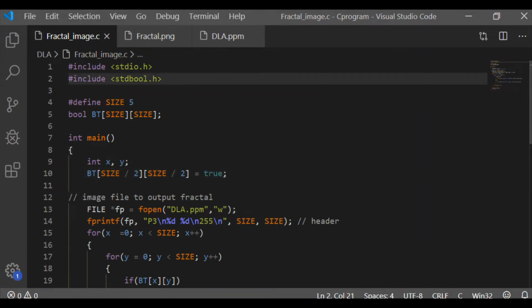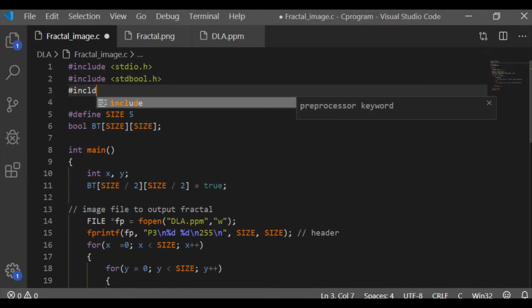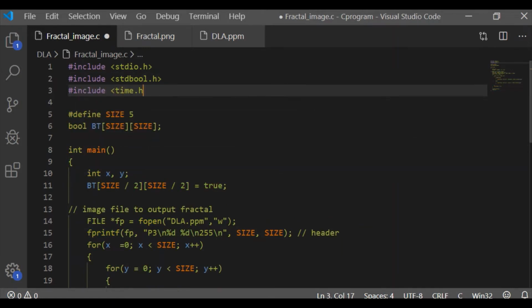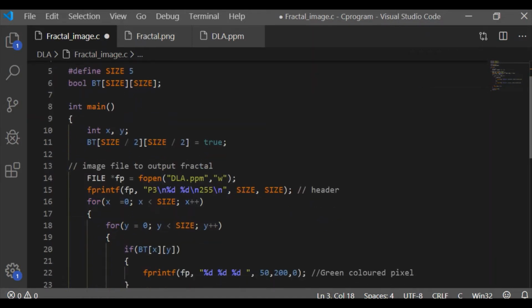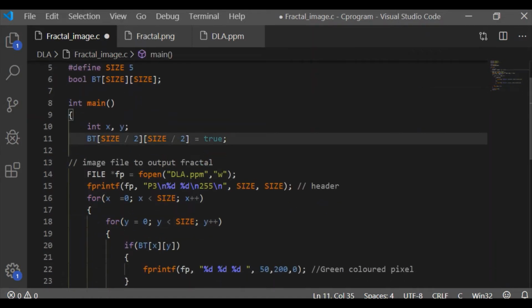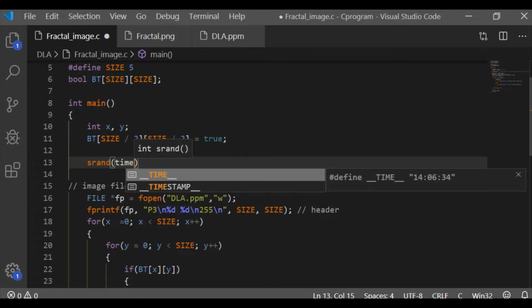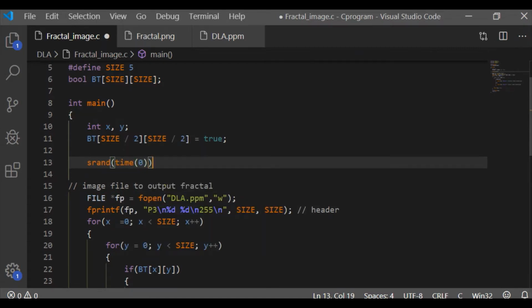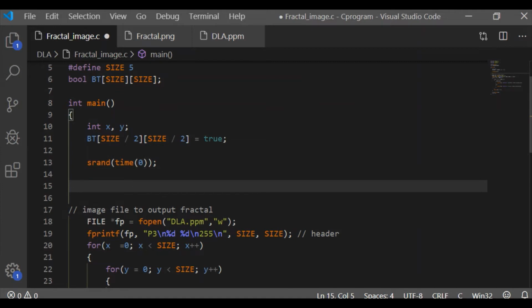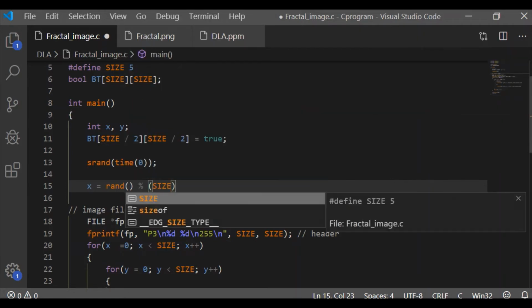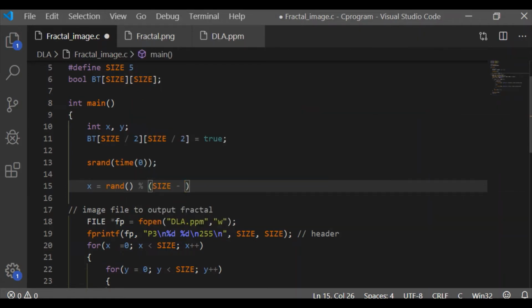Now going further, based on diffusion limited aggregation, we should randomly generate the particle. For that, let me call srand with time passed as the parameter. The values of x and y shall be randomly taken, ranging from size as the upper limit and 2 as the lower limit.